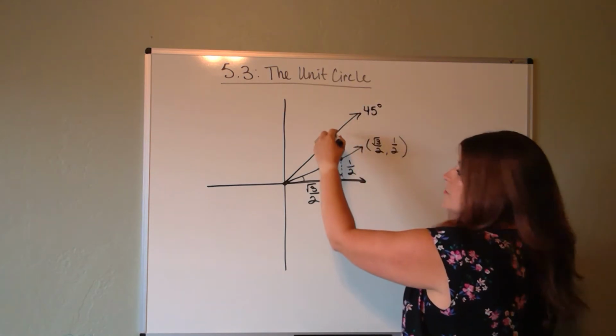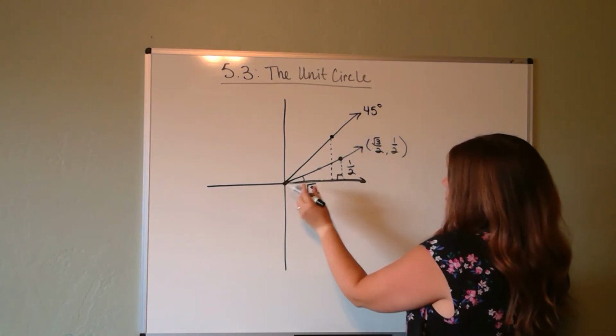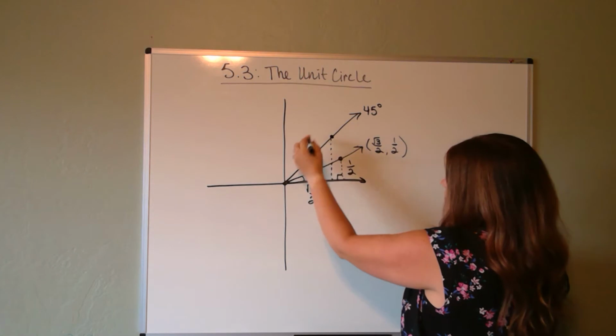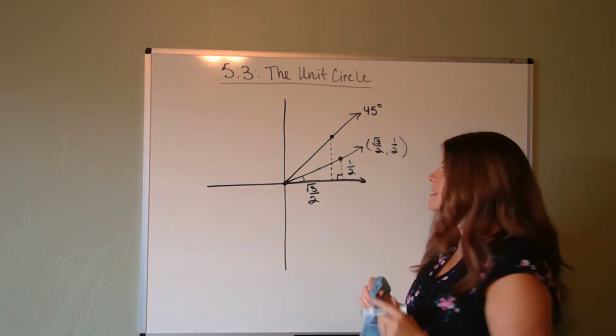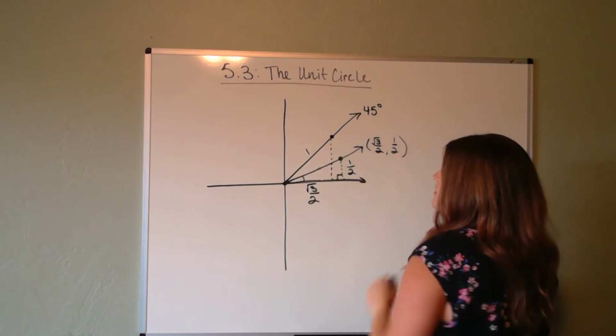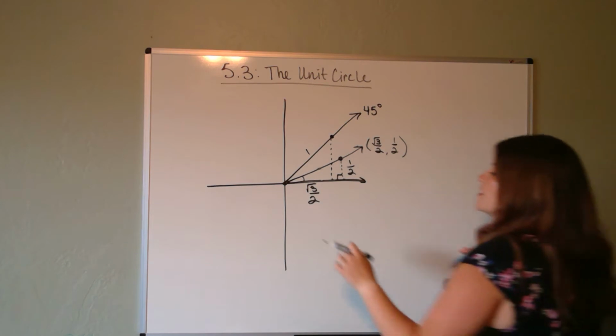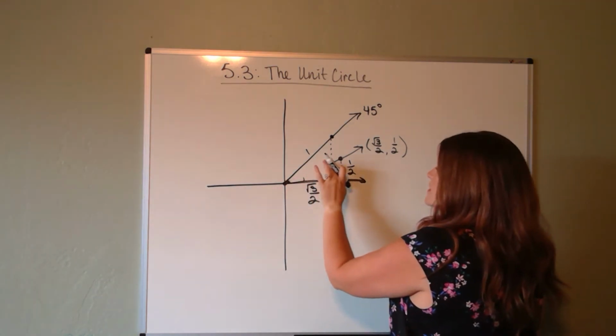So I pick the point on the triangle that I want to make. So you guys, I've picked this point here. Again, what point is it? It's the point where r is 1. The distance from the origin to the point I chose is 1. So you guys, the triangle I've created this time